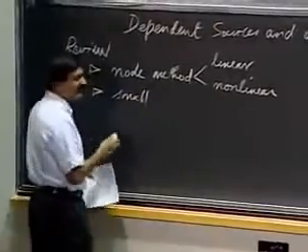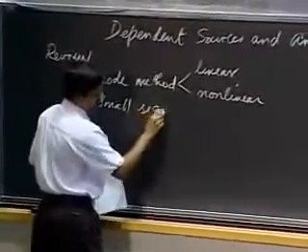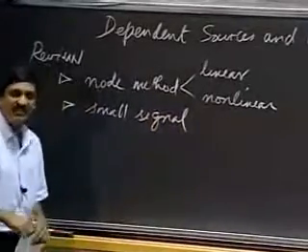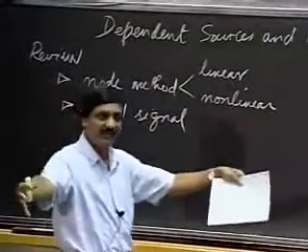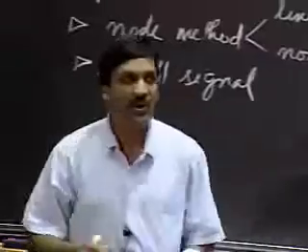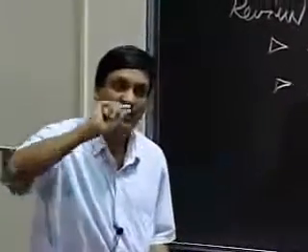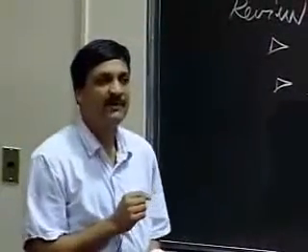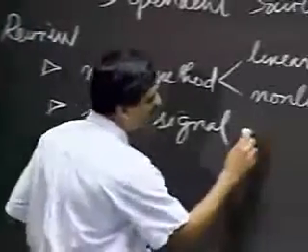we talked about the small signal trick. What we said is, if you look at the whole space of nonlinear circuits, then within that space, if we focus on small variations, small perturbations about the operating point, then even the behavior of nonlinear circuits in that small regime would be linear. So small signal method